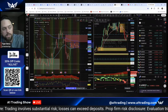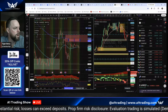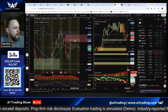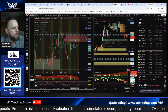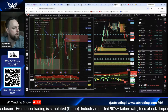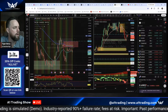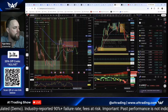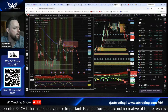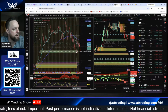And if you're looking to sell this thing, well, there's definitely going to be some stops all throughout here. What are their stops? They're going to be buy orders. So you got buy orders that could fuel sell orders for the more institutional types. And then obviously the unfilled orders from the zone. Possibly that could be a zone to short in, but I think that it's just overall a little too scrunched up, because if we zoom out,